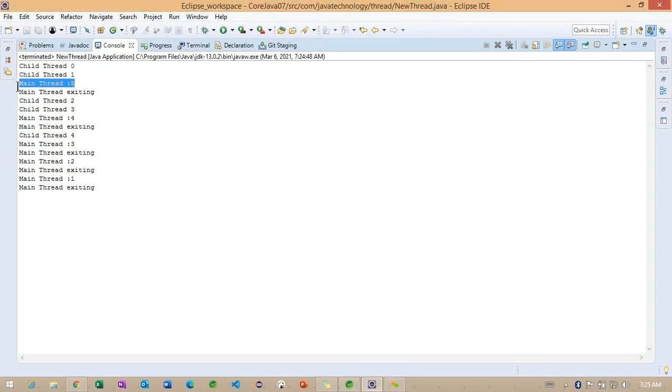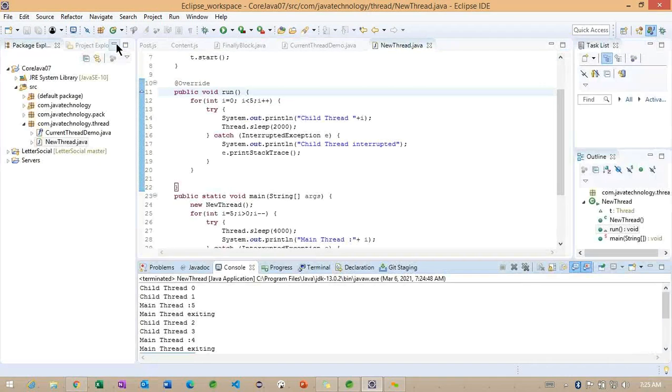The main thread printed 5, and still the main thread is existing. Later, the child thread went to sleep mode, and meanwhile the main thread is executed. Once the child thread is back, while executing the child thread, the main thread went to sleep, and after executing this sleep time, the main thread is executed. Carefully observe how exactly it's performing internally.